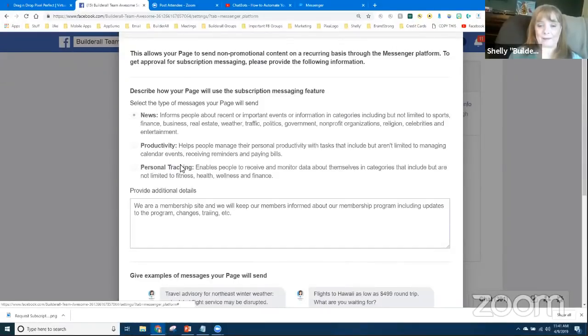Personal tracking enables people to get information and monitor data about themselves in specific categories, such as fitness, health, wellness, and finance. What you cannot do, and I want everybody to listen to this carefully, you absolutely 100% cannot use this for promoting your products. Are you listening to me?